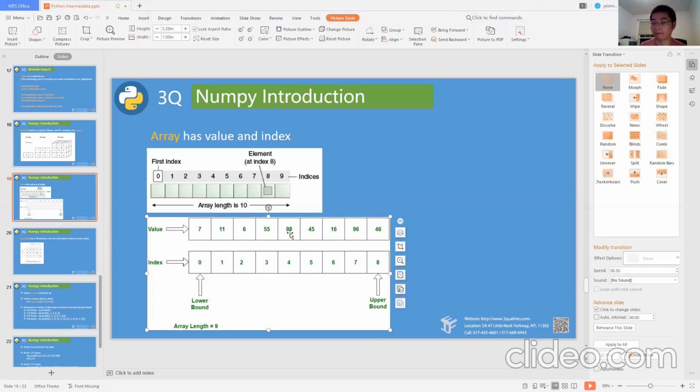What should I write? 98 is here, I want to access this value. 4. What do you mean 4? Like 4 from the index. 4 is the index. Yes, we can get the value based on the index. This is 1D, so you only need to put 1 index.